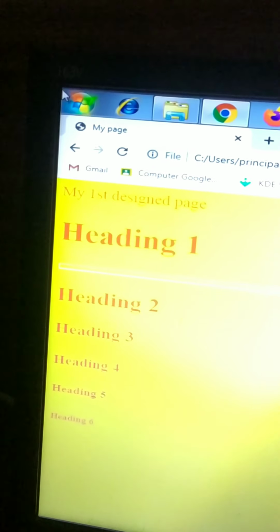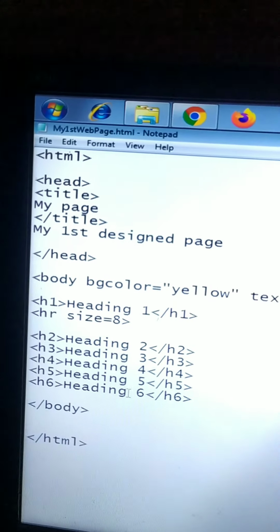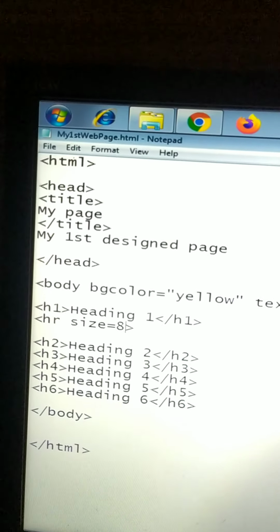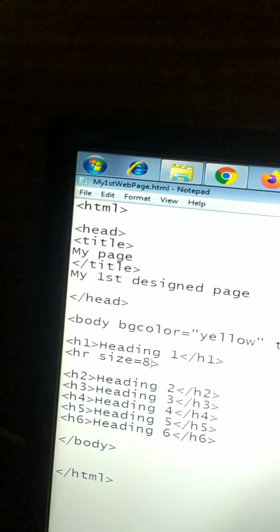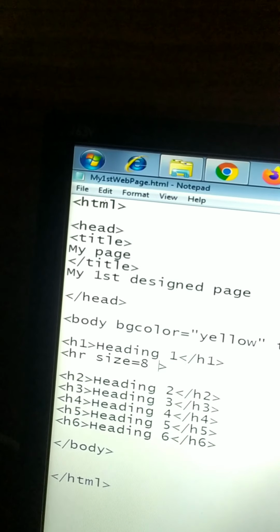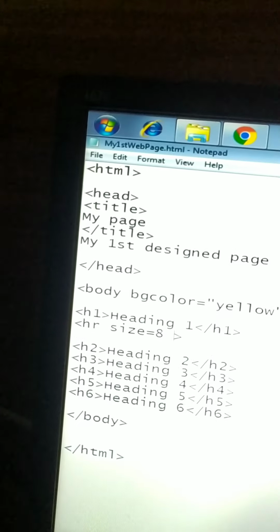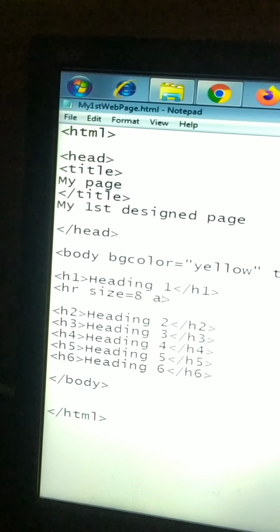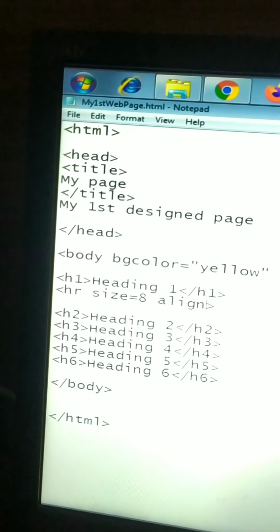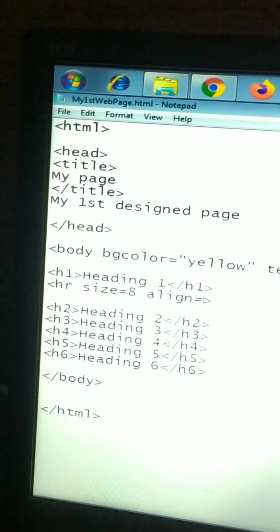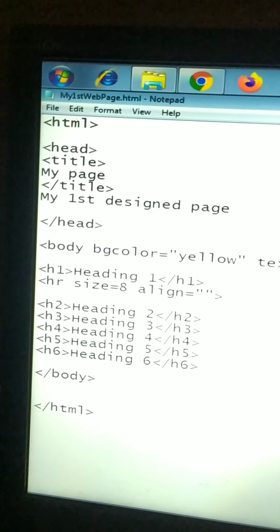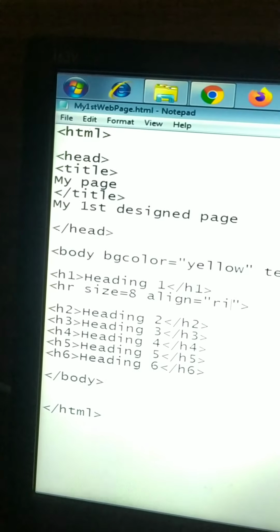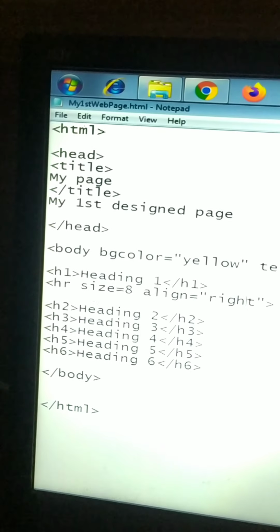Now here with the HR element, you can set the size, width and align. If I want to align it to center, by default it is aligned to center. Suppose I want to align it to right, so I will use ALIGN equal to double inverted commas right.